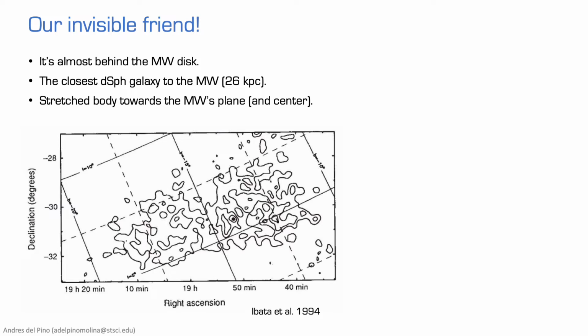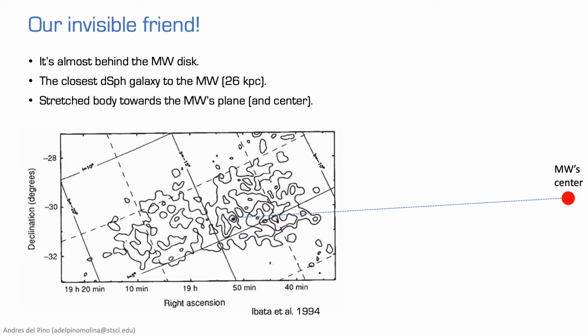Sagittarius is one of the largest objects that can be observed, spanning several degrees in the sky, and it is also one of the closest to us, and yet, due to its location almost behind the Milky Way center, it wasn't discovered until 1994 by Rodrigo Ibata. What you see here is the figure from the original detection paper, in which you can see how the body of the galaxy stretched towards the Milky Way center, indicating that tidal forces could be playing an important role in